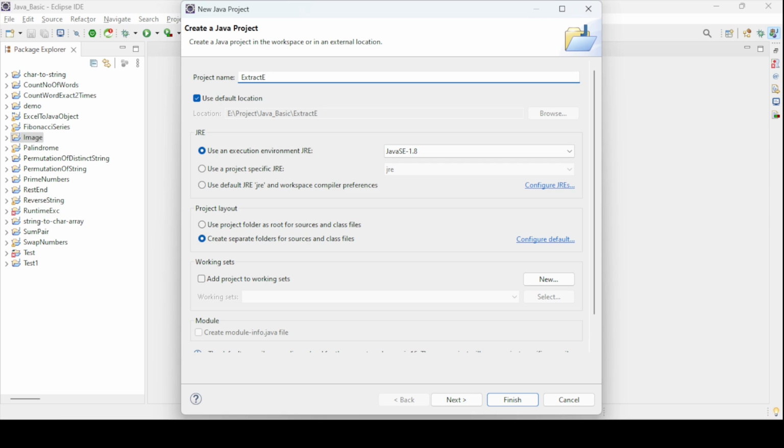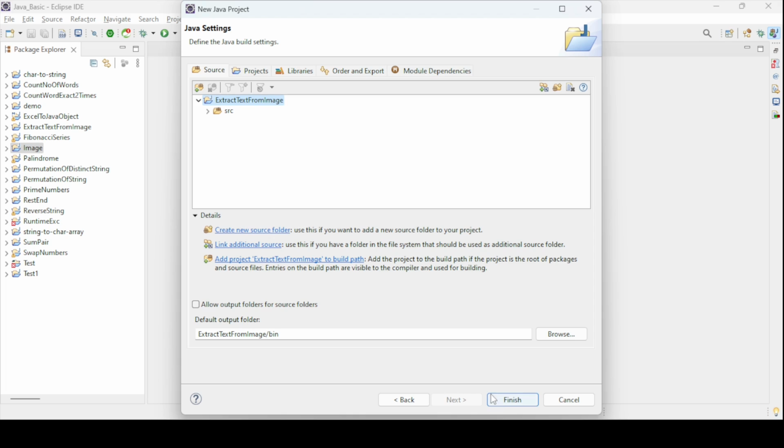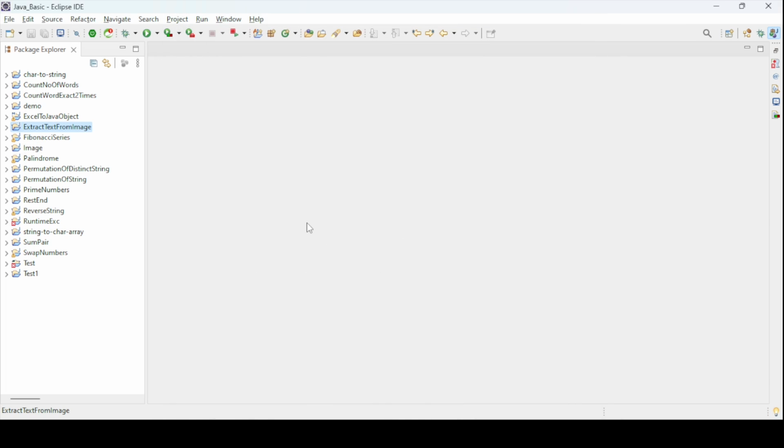Extract text from image. So this is my project name. I am going to use Java 8 versions and nothing else. Next, finish. So this is the simple Java project I am creating here,